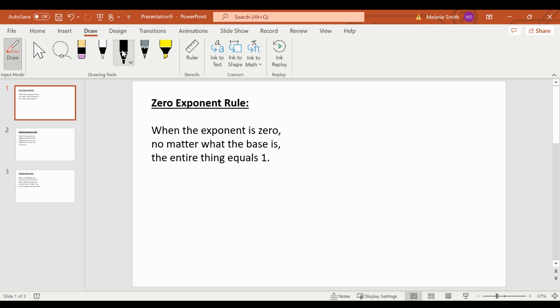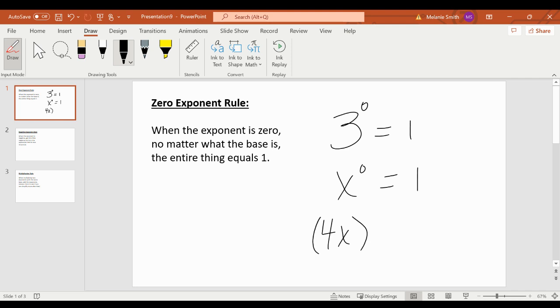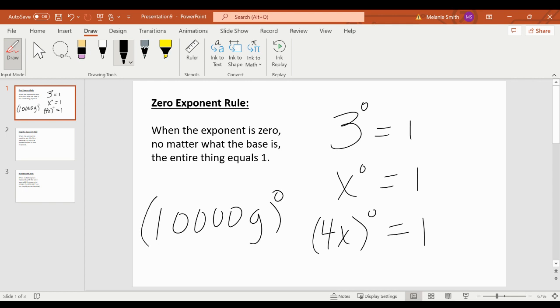So literally, if you've got like 3 to the zero power, that equals one. If you have x to the zero power, that equals one. If you had 4x and that whole 4x was in parentheses to the zero power, that equals 1. I could have 10,000 g to the zero power. That still equals 1. So I'm going to erase these examples and